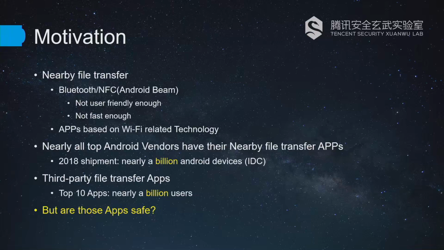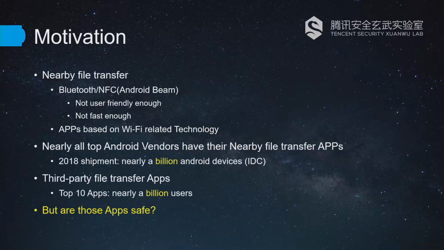When you want to share a picture with your friend, it usually takes seconds or minutes to transfer a big picture. But this technology based on Wi-Fi will transfer it fast. When we want to send or receive a Blu-ray movie, Bluetooth is not capable at all. So nearby transfer apps that are based on Wi-Fi related technology are people's new choice.